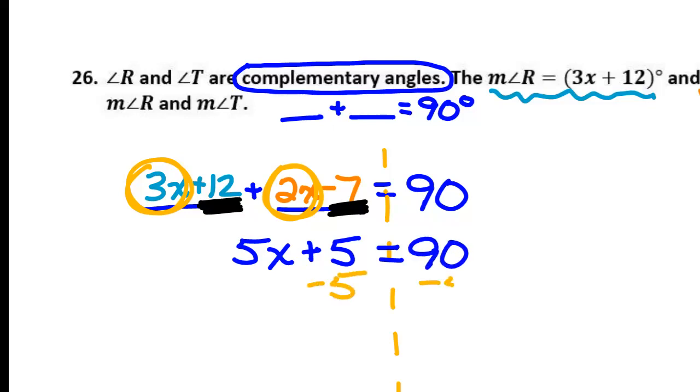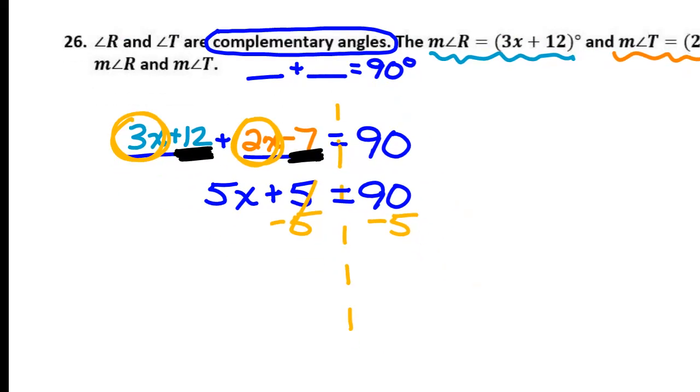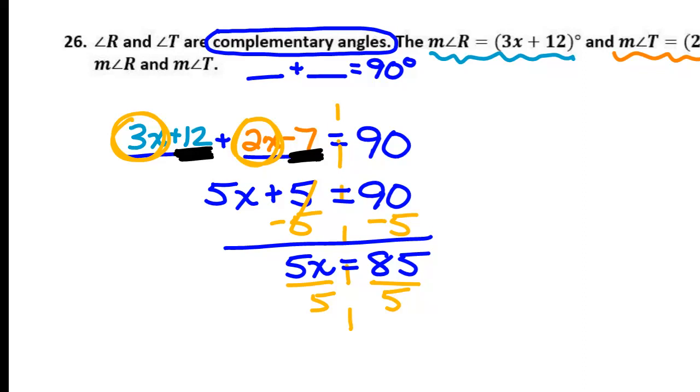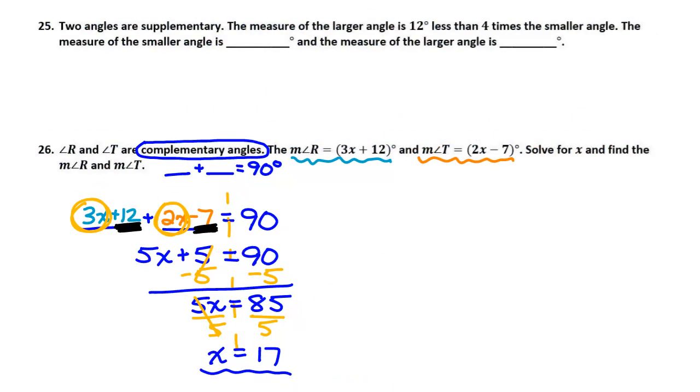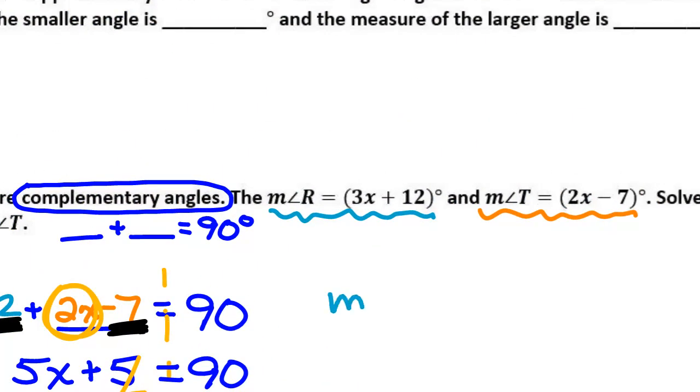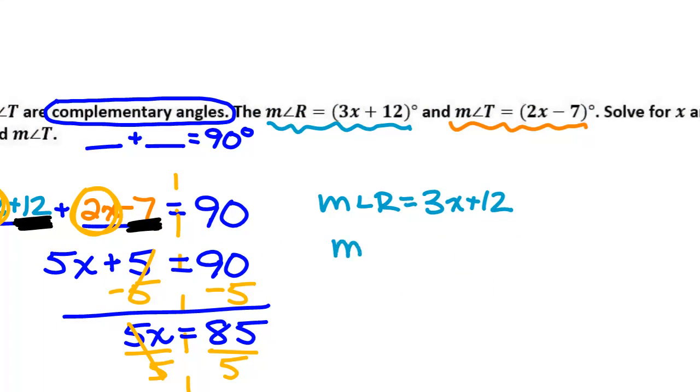Then I'll minus 5 from both sides. We get 85. 5x equals 85. And then we divide and we get 17. You're absolutely right. So x is 17. We need to find the measurements for angle R and angle T. So now I need to take this and sub it back in. So in 3x plus 12, we're going to put 17 in the place of x. So 3 times 17